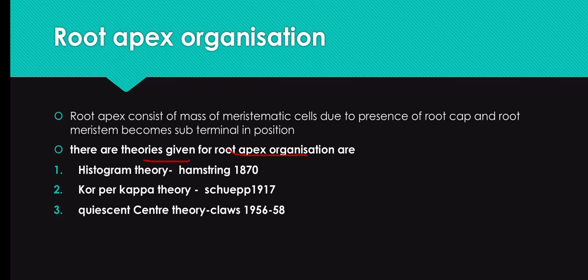Next is root apex organization. Root apex consists of a mass of meristematic cells. Due to presence of root cap, the root meristem becomes subterminal in position. The theories given for root apex organization are histogen theory,